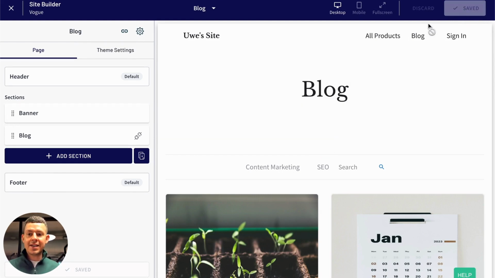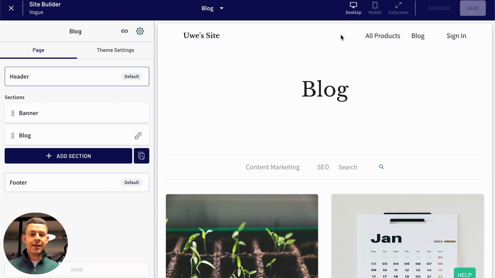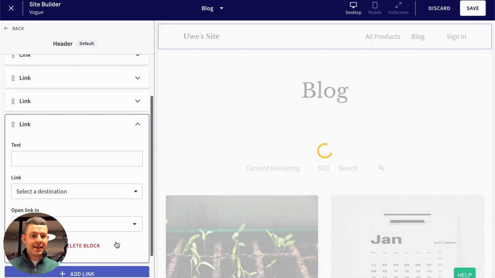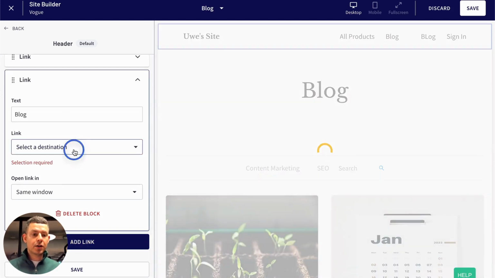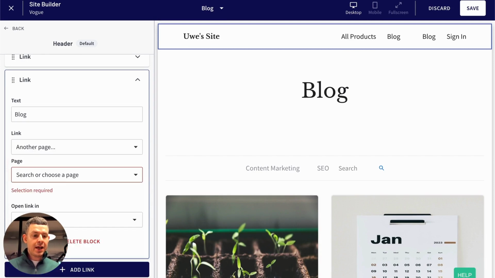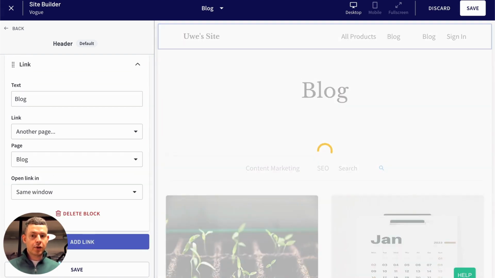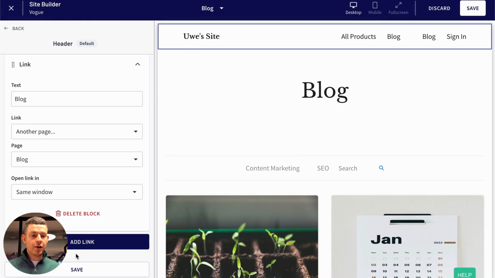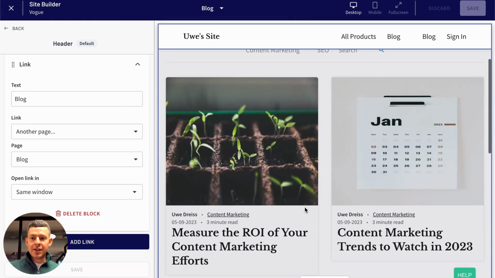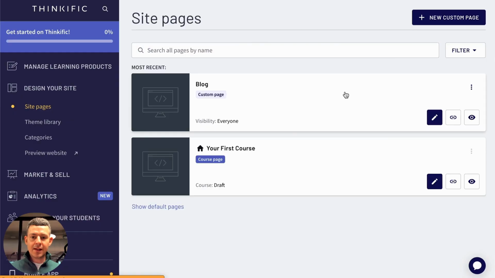Also, I've already added here in the header menu the blog page, but you can click on Edit Header, and then you can select Add Link. You can give it a title blog, a destination. Your destination would be another page, and then you have to select here at the bottom under Custom Pages the blog option, and you just click on Save. Here you have it. Let's click on Save and then close the editor, and we click on Preview Page,